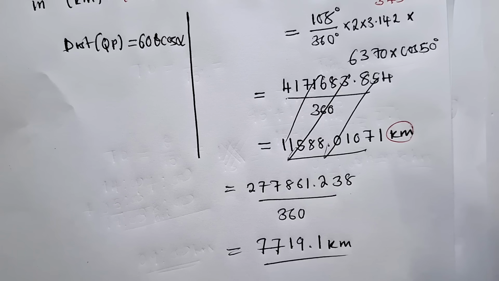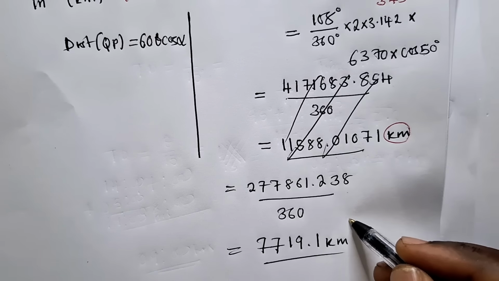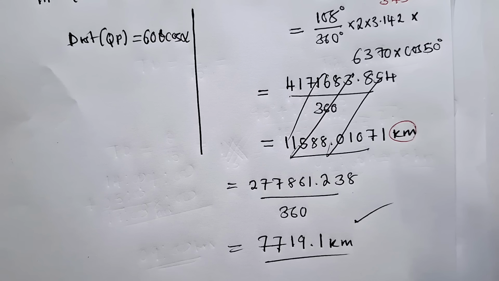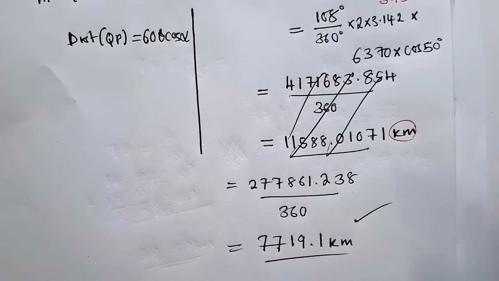So let me just counter check. 108 over 360 times 2 times 3.142 times 6370 times cos 50. So this is giving us this answer right here. So that's what you're supposed to get. Okay, so let's